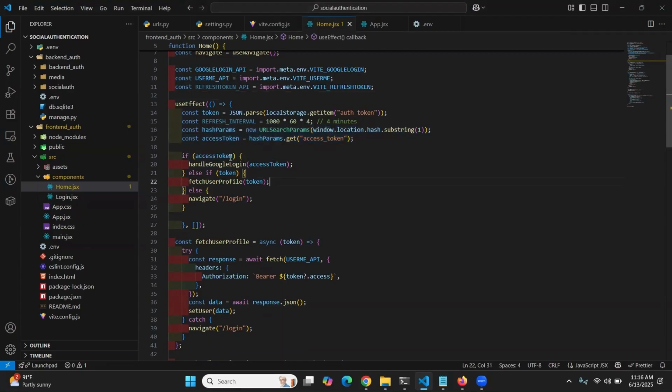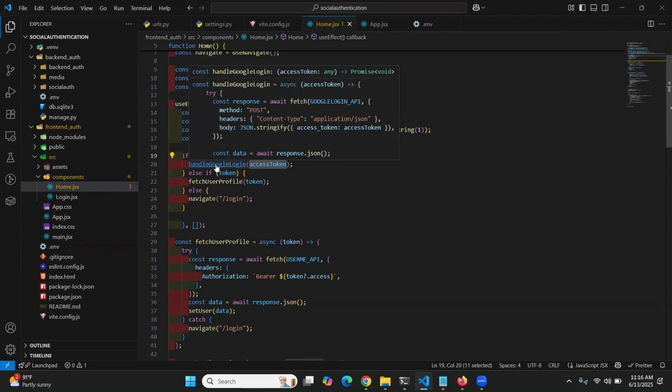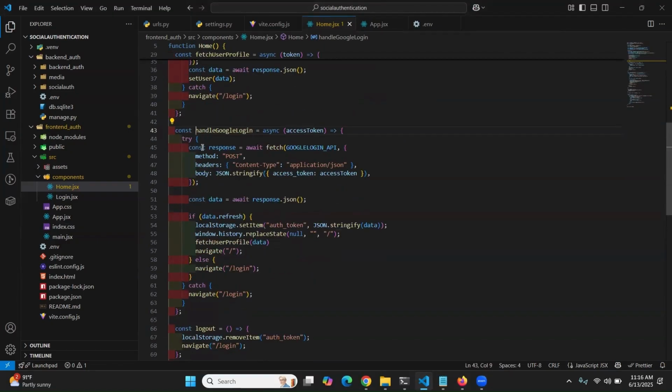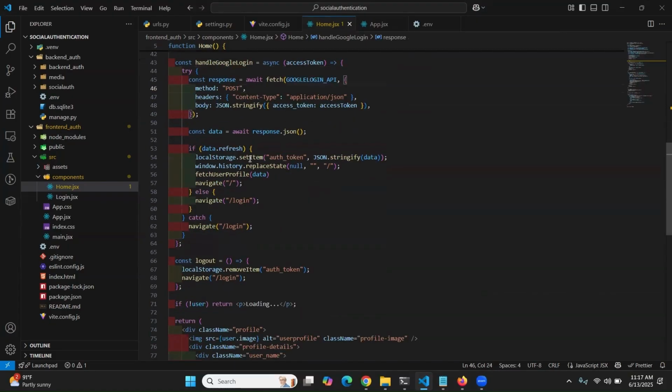If the access token is present, then it passes the access token as a parameter to the handle Google login function. Now let's move to that function, and this function calls the backend endpoint Google login with a POST request,